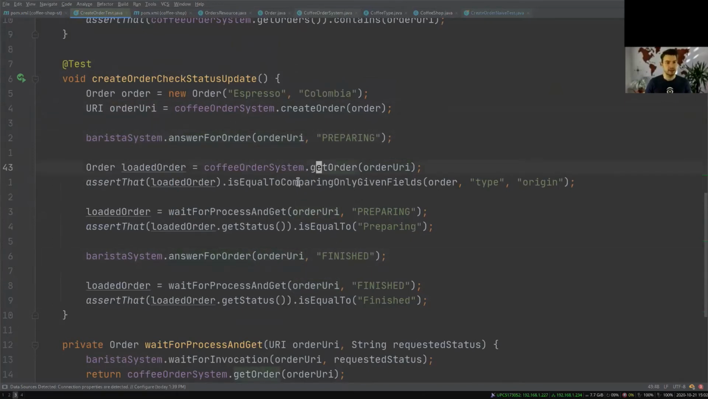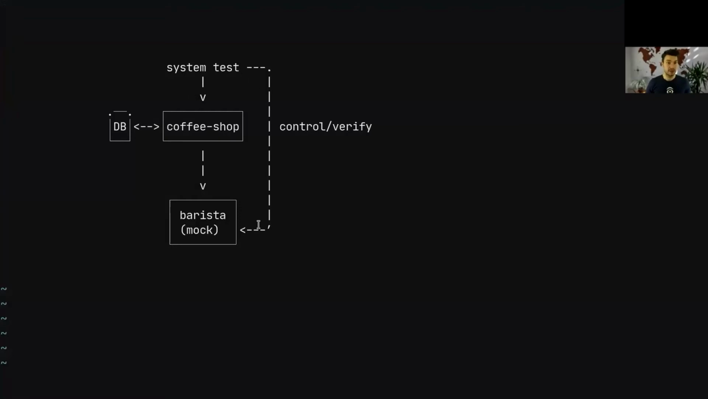So I'm basically telling it, do the status update, this ping pong, please reply as appropriate, and later on reply in a different way. And in the same way, go back to the coffee order system and see whether it has been persisted. So in my test, I always go back and forth between the coffee shop application that I actually want to test and my barista, and just tell them, hey, the next time you'll be called with this information, just respond